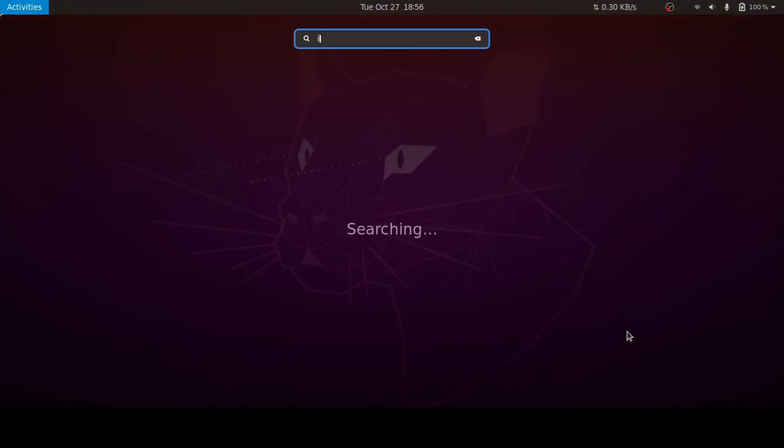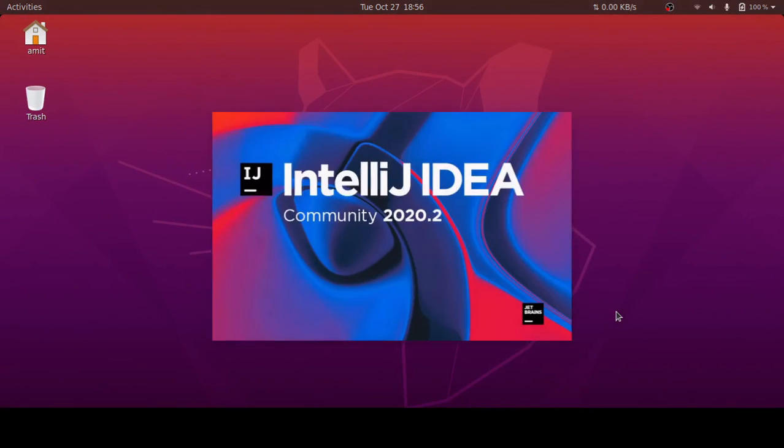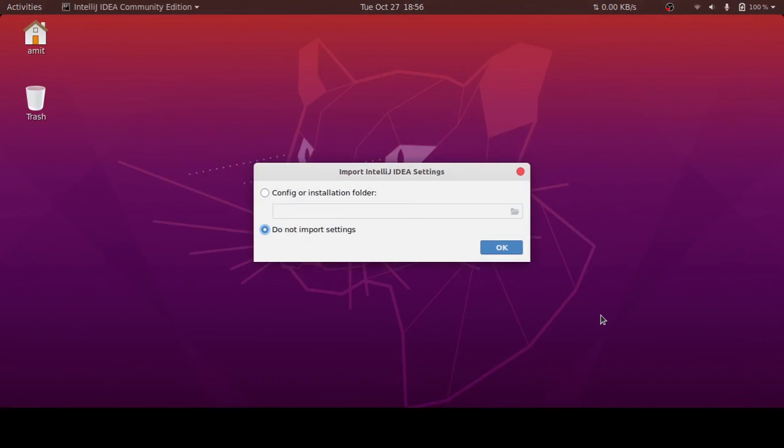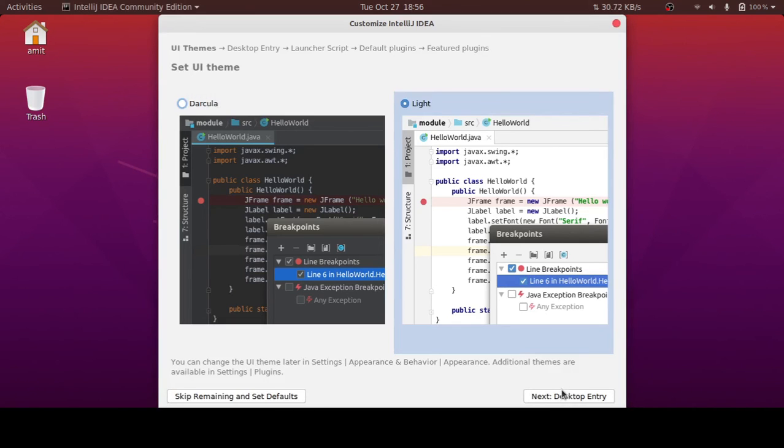Now we can simply run it by using the icon, and this will not require the root privilege, that is the sudo privilege or the admin privilege. So it needs the installation again, as I've already told in the PyCharm one.